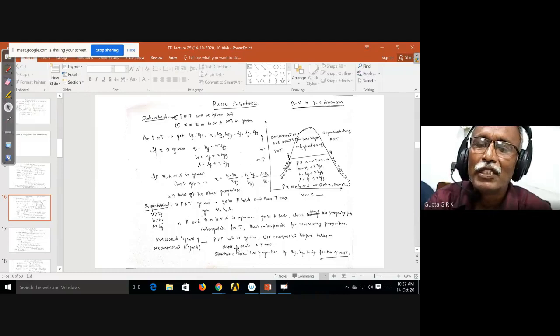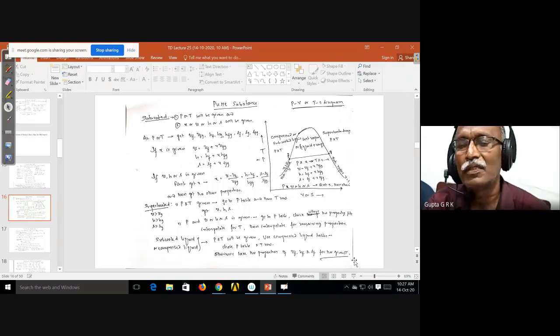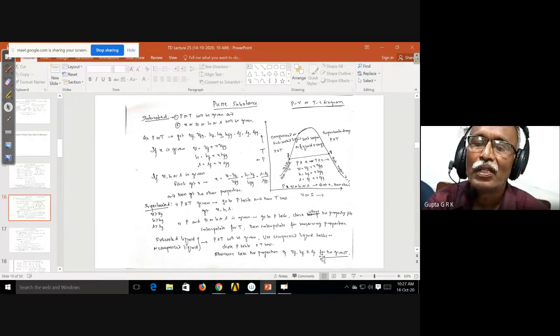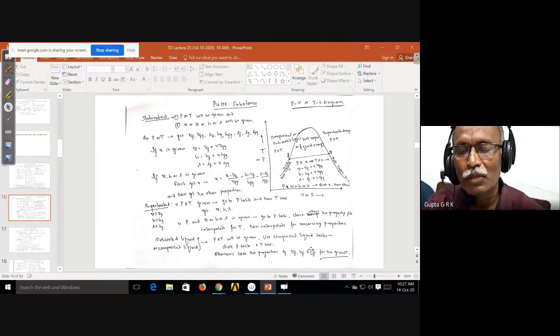You don't need much. The only thing you can do is go to that particular temperature table and see at that temperature what VF, HF, and SF are, right? Whatever the pressure, the change in the values will not be significant. So I can take VF, HF, and SF at a given temperature as the properties of the compressed liquid. Okay, so that is the way we have to do it. Any doubts?